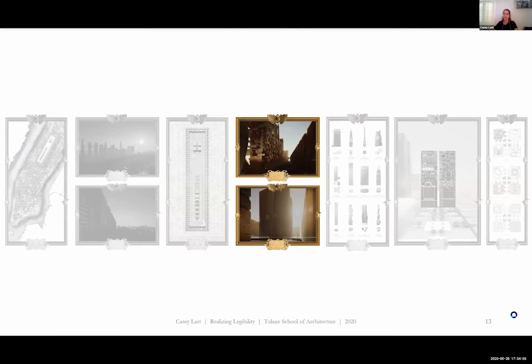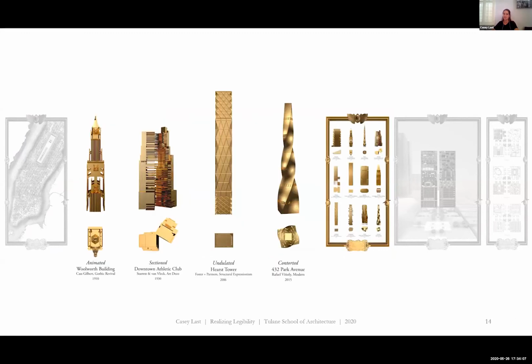Along the center of the park is a collection of Manhattan building icons that are reimagined as monuments of the new city. The monuments are a collection of the last 120 years of architectural styles, from the Flatiron Building to Woolworth to the Seagram, and the features of the buildings have been exaggerated with physical material and form manipulation. For example, at the Woolworth Building, Gothic revival is amplified, and the Downtown Athletic Club is split to emphasize the section, which is a nod to Koolhaas's Delirious New York writing.